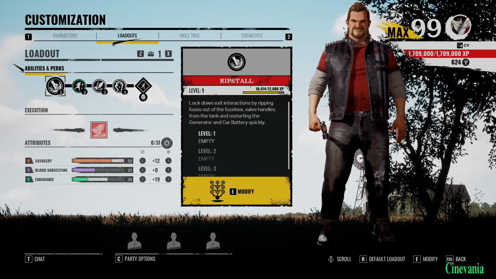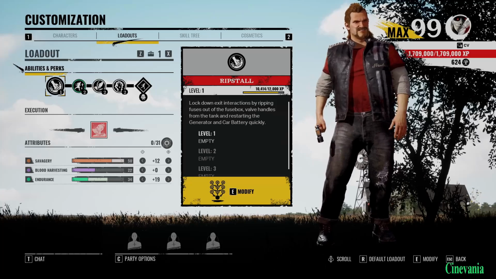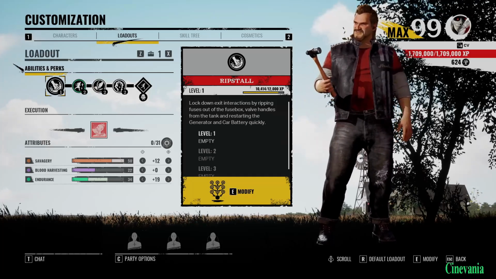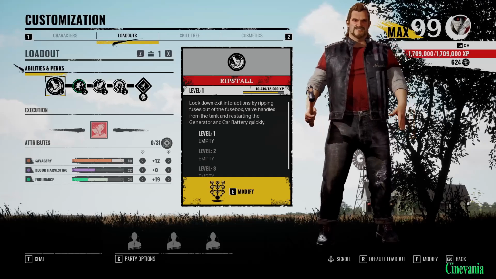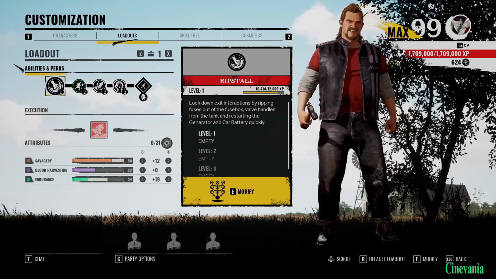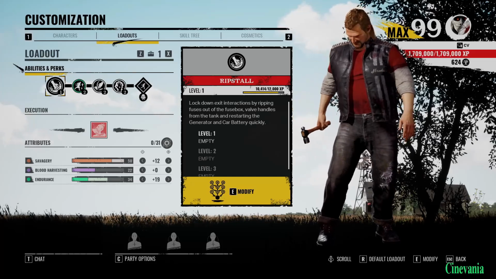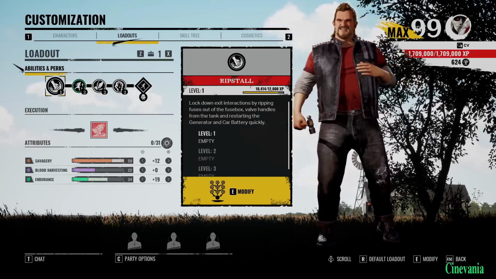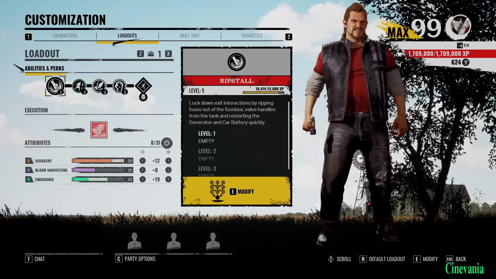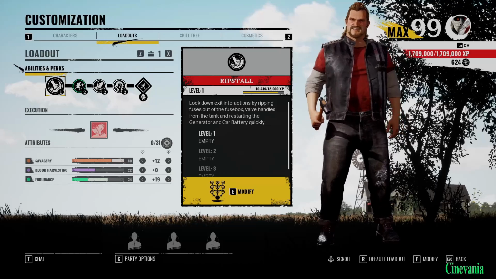Now, his ability is called Ripstall, and essentially he can remove fuses and valves when they're inputted, even if they're tampered by Danny. So, at long last, the family finally has an answer to the Danny problem and the spamming of fuse box and valve. See, there's always been like 3 or 4 fuses and valve handles on the maps, and we've